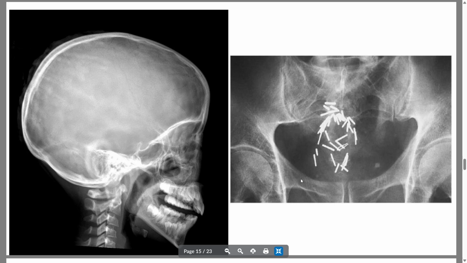Here on either side, we also have some stones. These are phleboliths, really, really common, essentially blood clots in the mesenteric vessels. Not a huge deal. You may be thinking blood clots, but it's a really common variant that occurs especially in older patients, especially sedentary patients, but there's a lot of redundancy in the blood vessels down there, so it doesn't